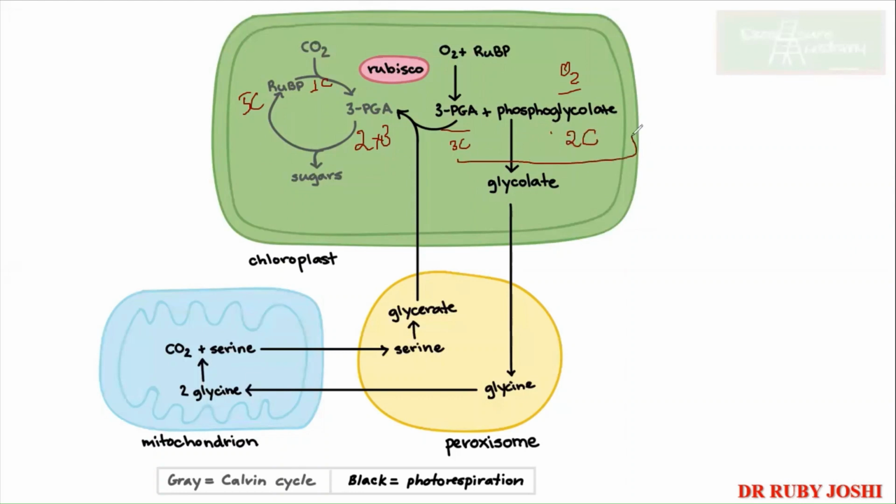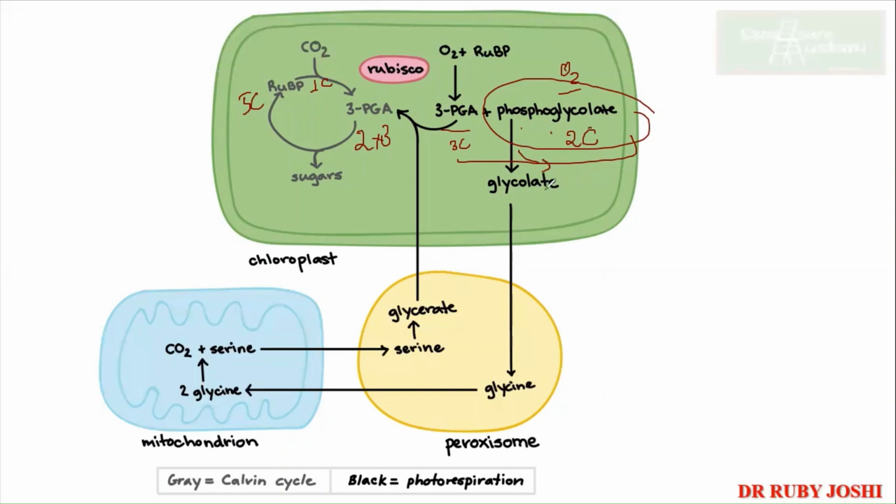Okay, so total 5 carbon हो गया. अब क्या होता है? This one is of no use to the plant. ये किसी काम का नहीं है. But we will not waste it. What we are going to do is we are going to just provide a little bit of modification so that this phosphoglycolate can be reused. Okay, so phosphoglycolate